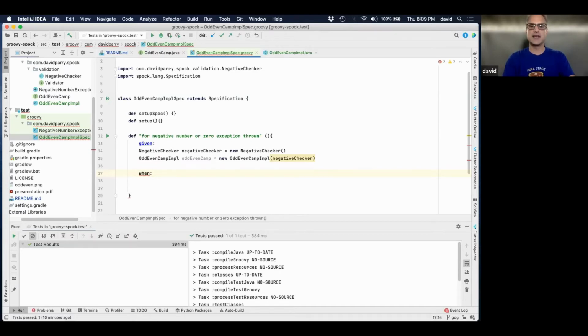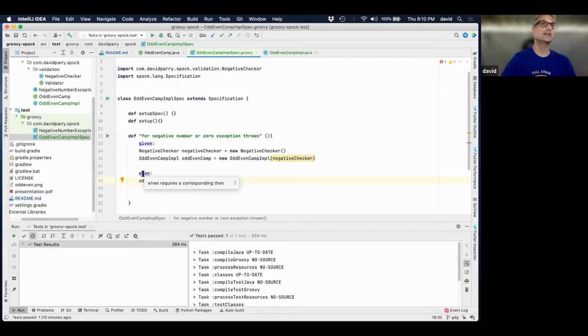So I'm saying, given this, when this, I'm going to say odd even camp dot check, and I'm going to pass in a negative number. Why is this giving me red now? Oh, so here's the other thing. I have IntelliJ, the new IntelliJ has built-in syntax checking for Spock framework.